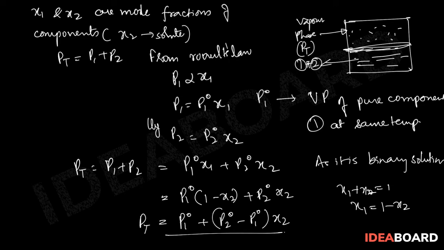2. If you see here, this equation is actually similar to y equal to mx plus c type. So that means it varies linearly with x2. That is another conclusion. And the third important conclusion we can make from this equation is, depending on the vapor pressure of the pure components 1 and 2, the total vapor pressure over the solution decreases or increases with the increase of the mole fraction. So based on the mole fraction, the total vapor pressure will increase or decrease. These are the conclusions we can derive from this equation.